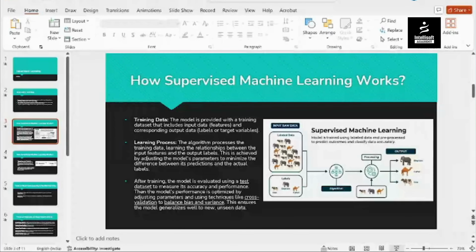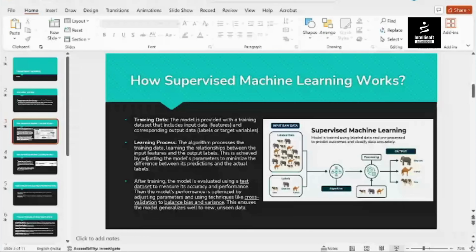So bias can be categorized as errors. Bias is the error introduced by approximating a real world problem by a simplified model. Like any error that is generated is called bias. And what is variance? Variance is the error introduced by the model by being too sensitive to small fluctuations in the training data.